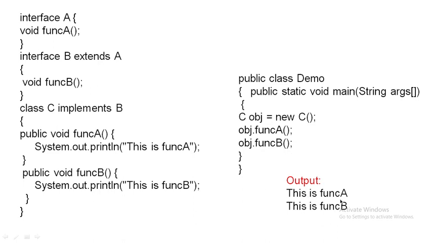Okay, and this is your program where I'm going to call the function A. It comes over here and prints this statement. This is the output, this is function A. And again I'm calling this method, object.func. By seeing this, it comes over here, sees this method, and it is being printed over here. This is how you are going to call interface A and B and